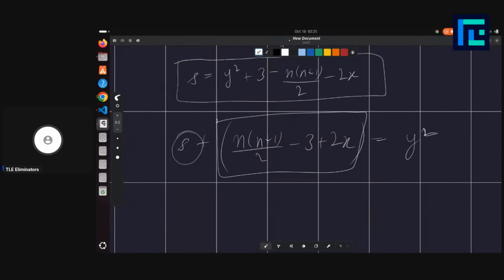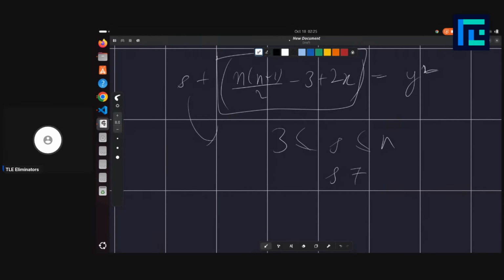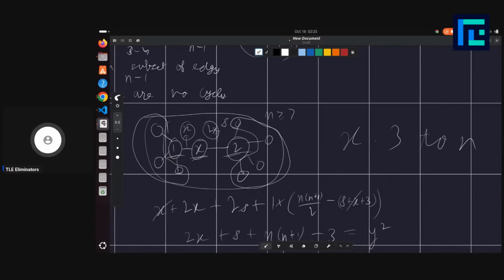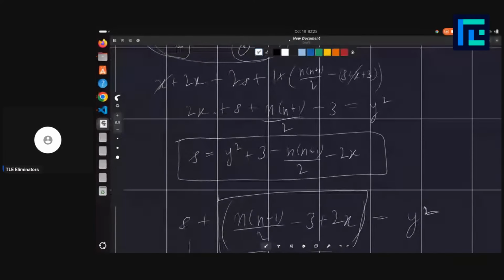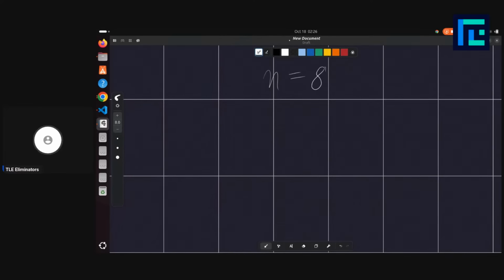And if that number comes out to be something between 1 to n or something between 3 to n, and also if it is not equal to the current x, then simply we can take that one node, right? We can simply take that one node to be s. Like if I take an example, let's say n equals 8, and let's say we have x equals 3,